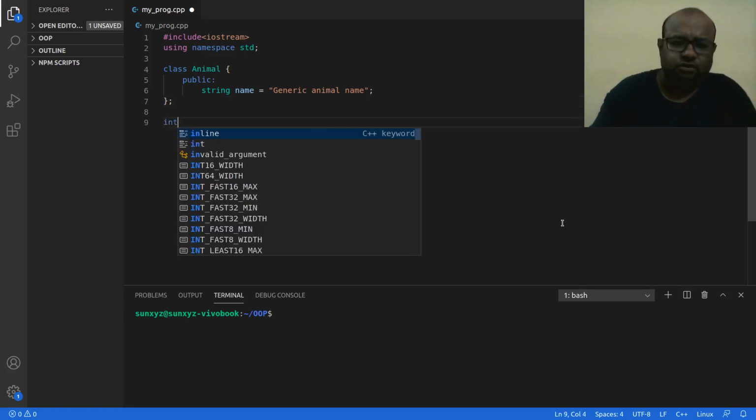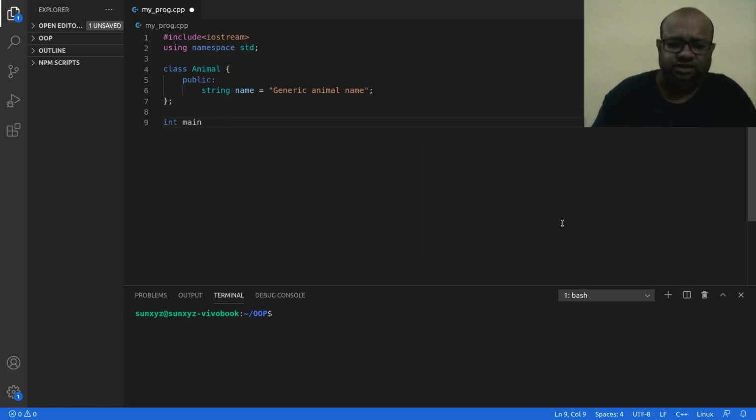Now let me use this class inside this main function. So I have this main function, and inside it let me go ahead and create an object out of this class. So I am creating an object of this class animal, and I have named that object A, right? So what I can do is I can print this name of the animal, right?